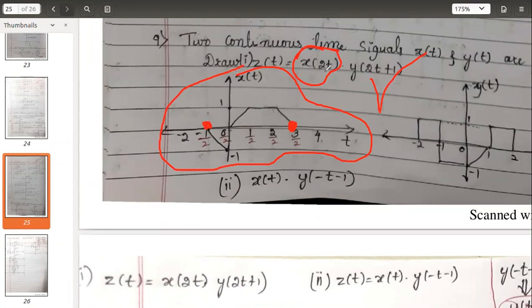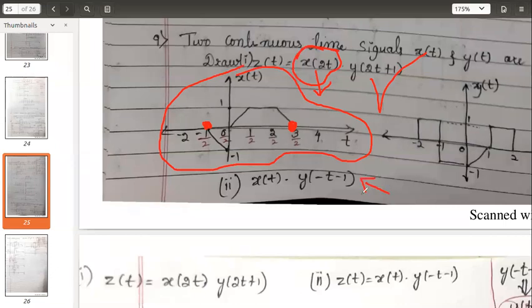If you multiply the time scaling by 2, it means the signal has to compress. For compression you have to do division. If you go for division by 2, you can see, done with the red pen, the range will be -0.5 to 1.5. Please try this x of 2t, and if you're feeling it a bit interesting, try to solve this second problem.